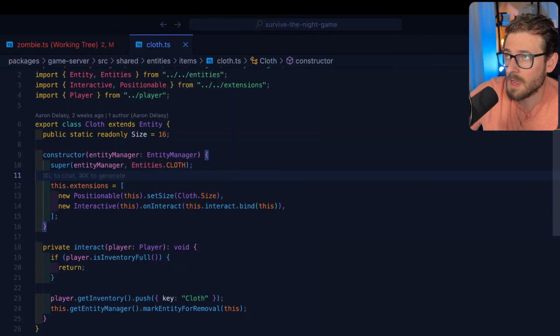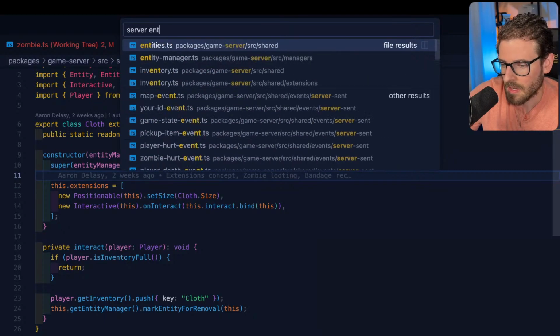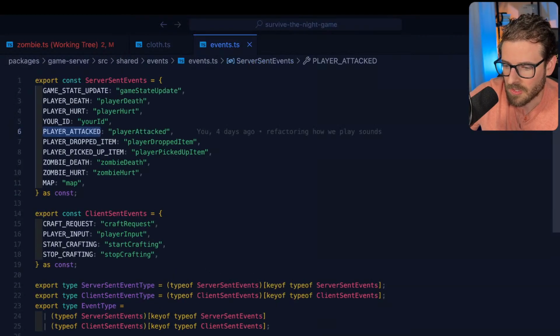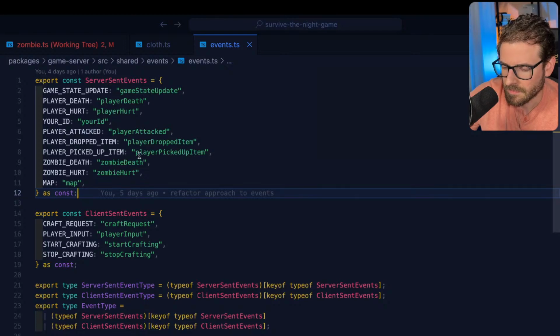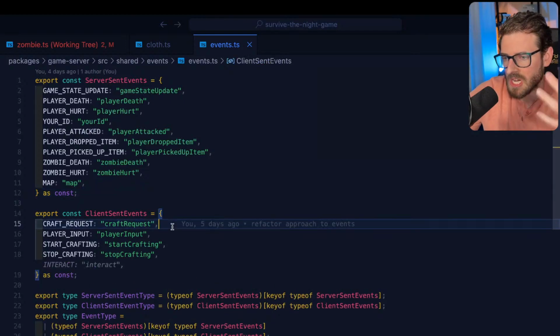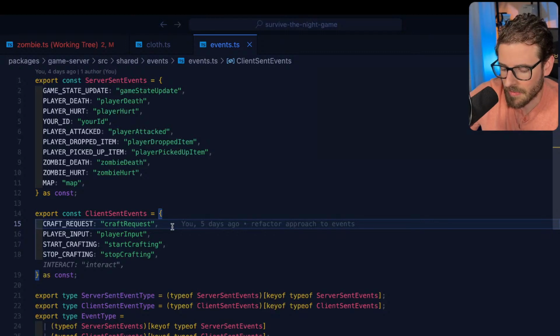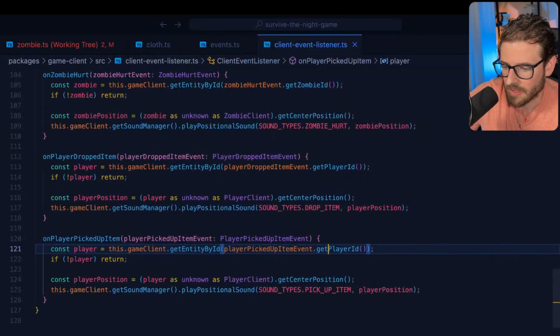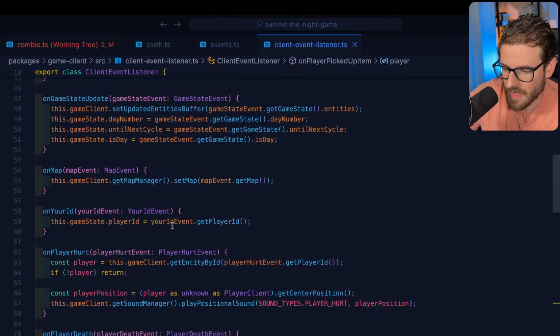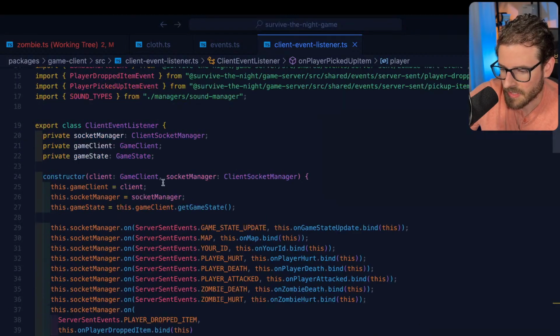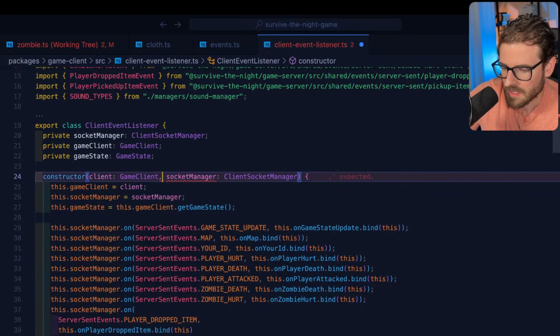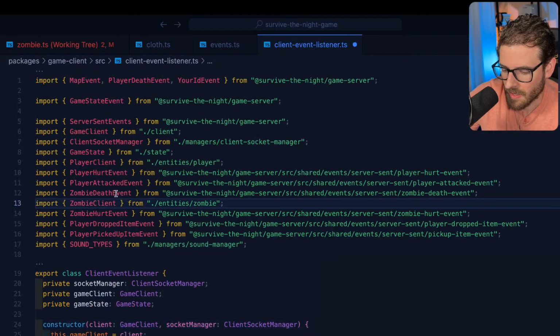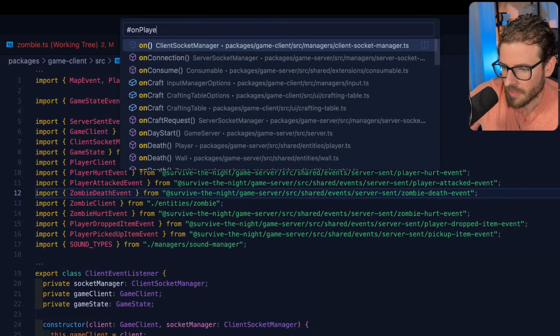So like, okay, I know I want to modify something in the server and I want to change the name of an event that I can send from the server to the client. Well, I probably do server events, okay? And then that'll take me to this file that tells me the events. And then if I want to change the logic in the front end for when that event comes over, I say client event listener. There we go. We're on the event listener. Same thing. I can scroll up. If I want to go to a particular definition, like let's say I know that there's an on player death, right? I'm up here. I can just do fuzzy search. If I remember how to do it, on player death.